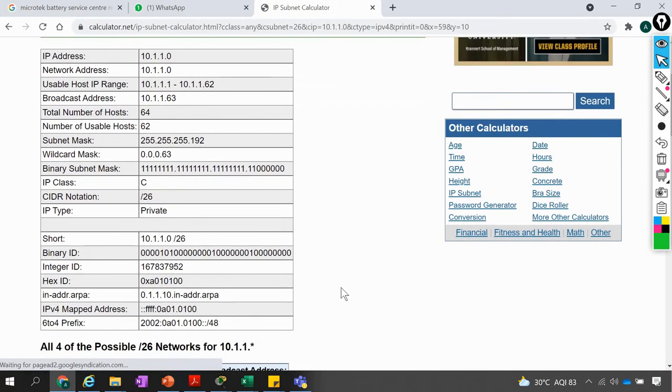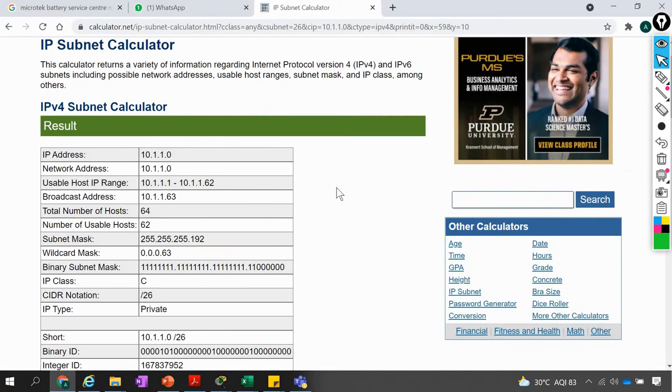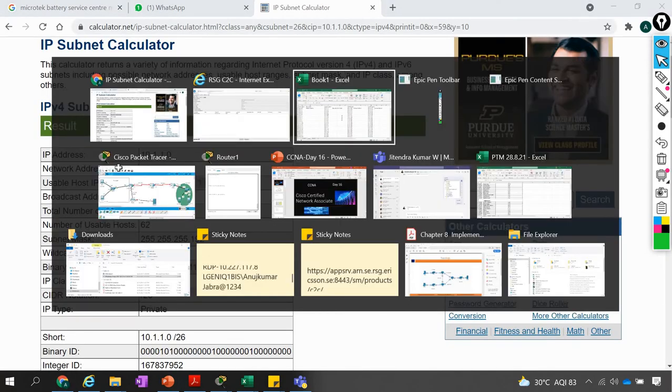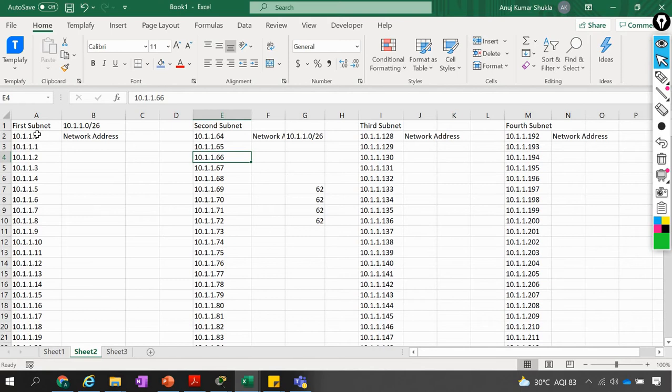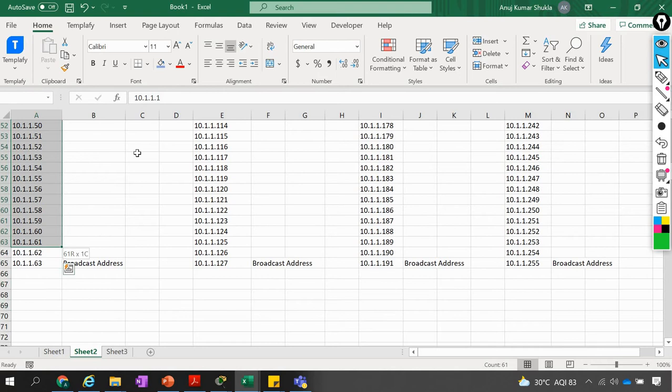Yes. So in /26, now it's okay. We have the first usable IP range from 10.1.1.1 to 10.1.1.62. You understand that this is the first subnet, and the usable IP range starts from 10.1.1.1 and keeps increasing up to .62, because the last one is reserved for the broadcast address.